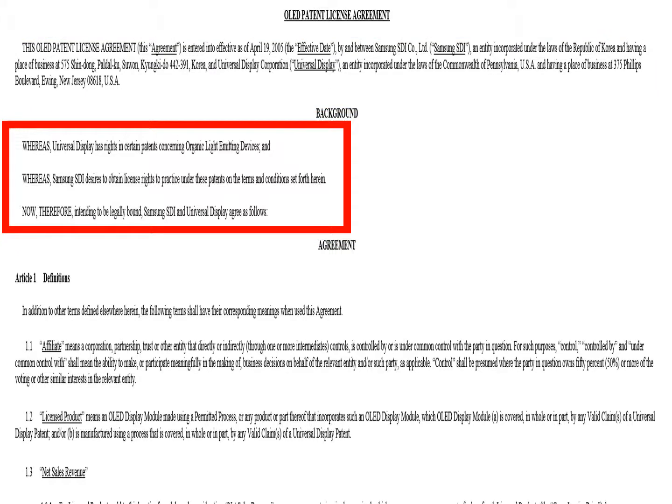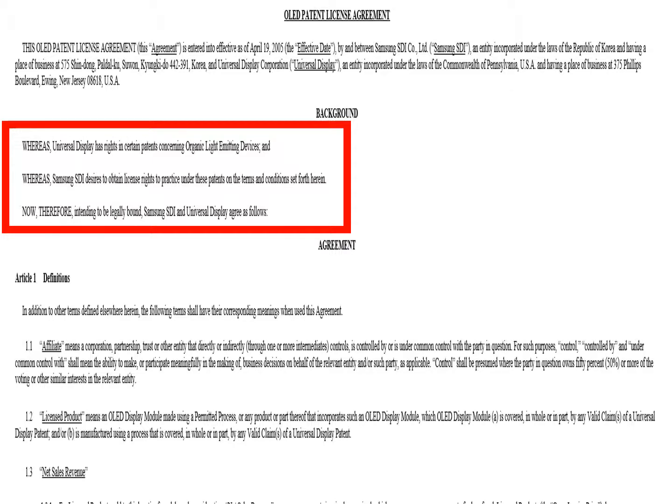Next up are these whereas clauses. In this contract, they're really thin and really short and mildly uninteresting, but in other contracts, you'll see this as kind of the setup, just so a later reader understands, hey, here's what's going on. Here's why this contract was written, because sometimes context will help you interpret the contract.